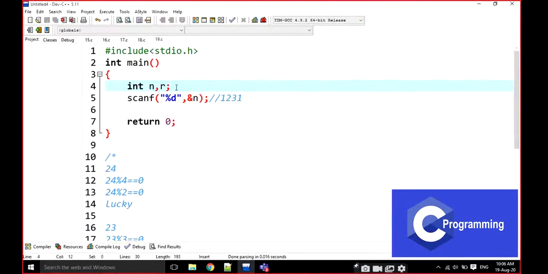Yes, again we are going to check, is 44 divisible by 4 or not? Yes. Same thing. All these are called the lucky numbers, right?